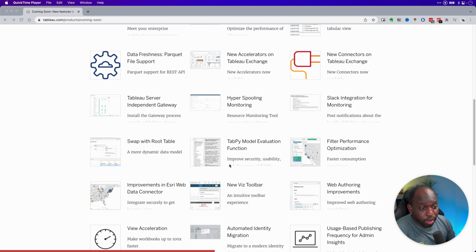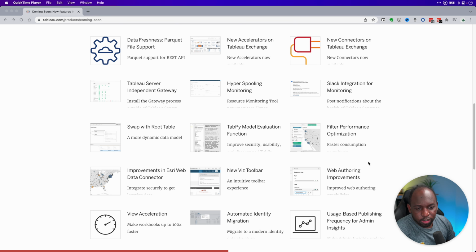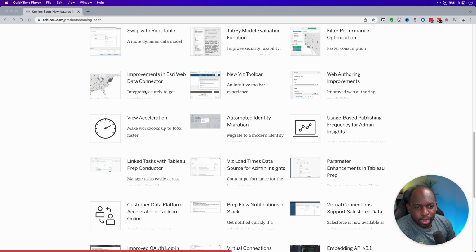the data model, TabPY model evaluation function, so a new function for TabPY or specifically Python functions, filter performance optimization, improvements in Esri web data connector, so essentially the way you connect to Esri, which is a mapping capability that's independent of Tableau, but Tableau works pretty nicely with it, and Tableau is improving that relationship. A new toolbar for visitors, a web authoring improvements, so web authoring improvements is like a catch-all for web edit